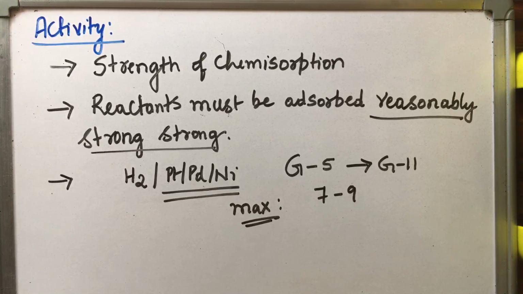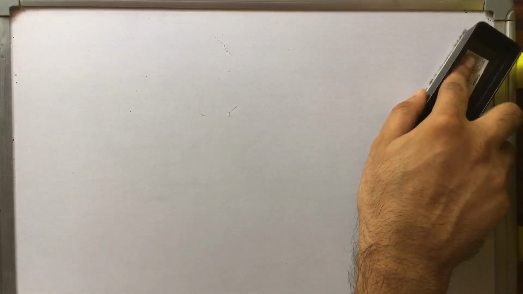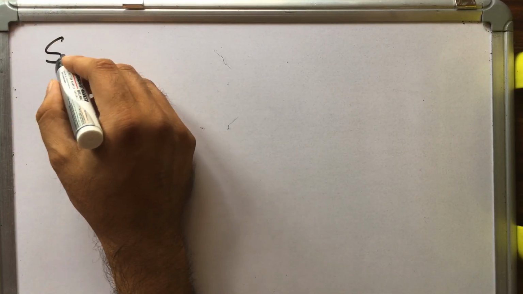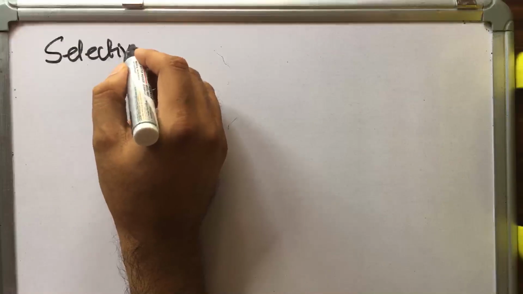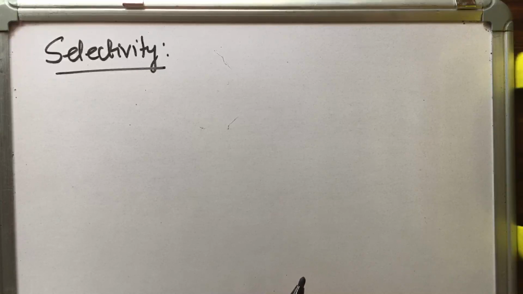Is it clear, students? Now, the next important point is that we have to study the selectivity of a catalyst. Whether any catalyst would catalyze any reaction? No, it cannot catalyze any reaction. It catalyzes only certain reactions. But if you have the same reactants in the presence of different catalysts, will it give different products? Definitely. What do we call that? We call it the selectivity of a catalyst.